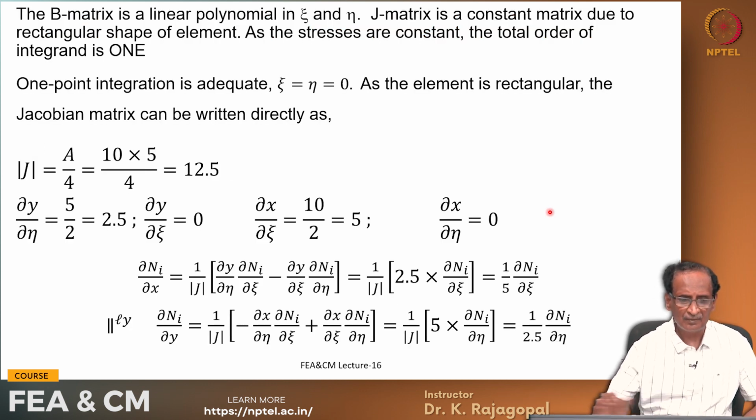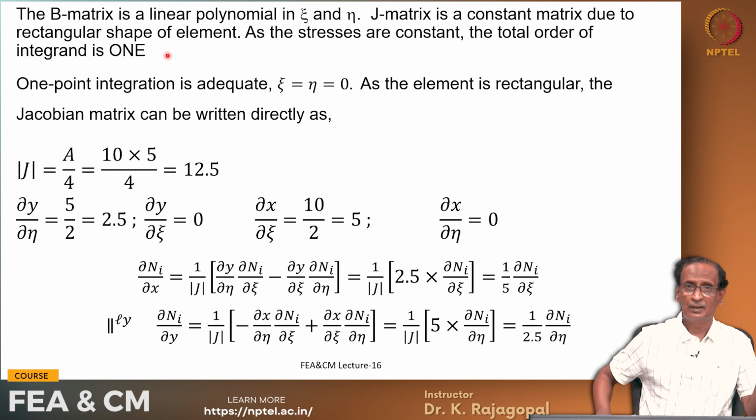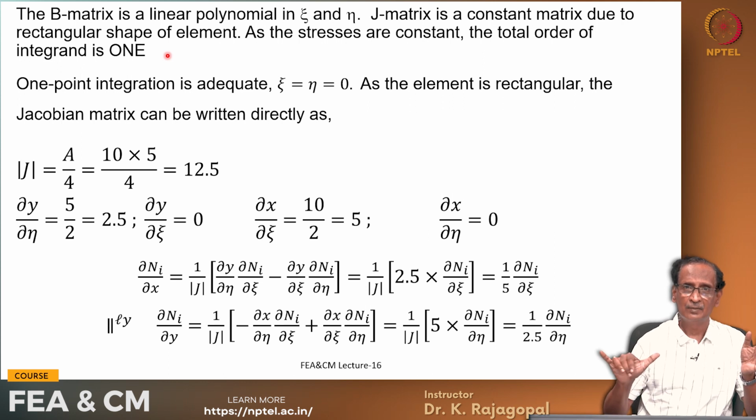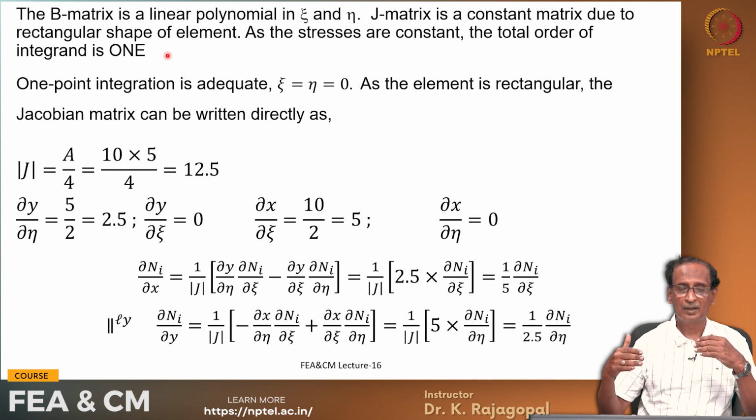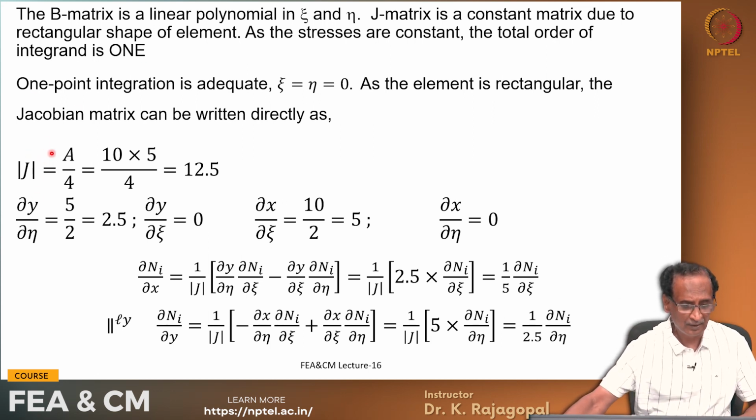And the B matrix is a linear polynomial in xi and eta, and the J matrix is a constant matrix due to the rectangular shape, because we have seen with the rectangular shape earlier that dou x by dou xi is constant, and that is equal to length divided by 2, dou x by dou eta is 0, dou y by dou xi is 0, and dou y by dou eta is half of the height. Okay. So, our determinant of the Jacobian matrix J is A by 4, that is 12.5, and dou y by dou eta is 5 by 2, and dou x by dou xi is 10 by 2,